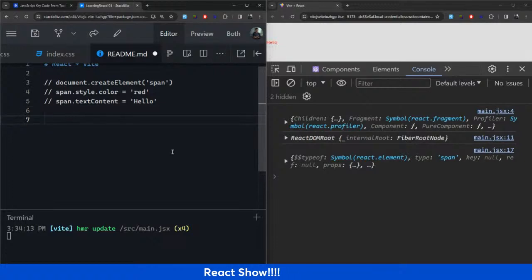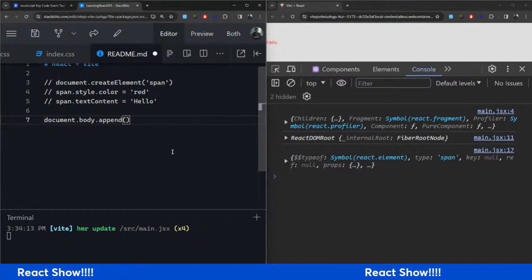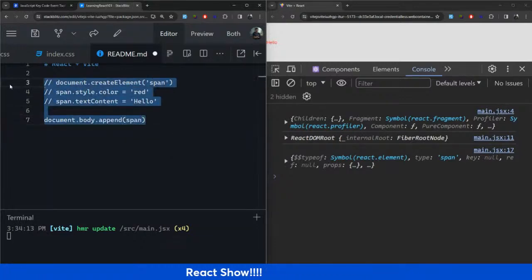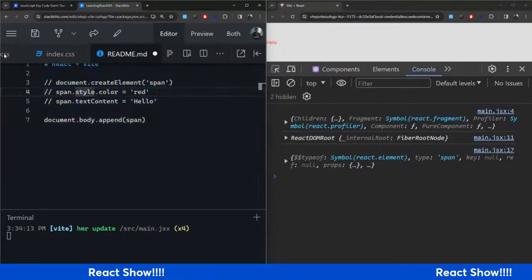And the moment you have this, how do we show this? How do we append this to our DOM? You are able to do document.body.append, and you can pass in your span. And this is the whole process of showing something in your vanilla JavaScript. Whereas if we move to the React space of things,